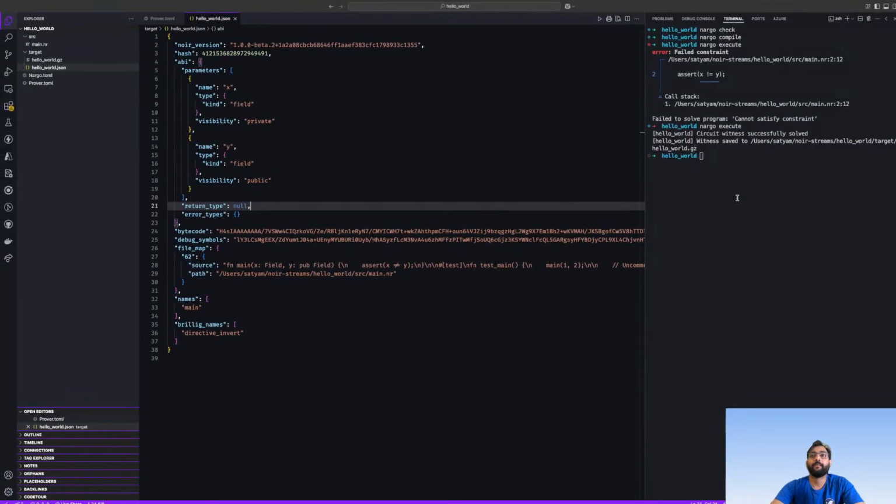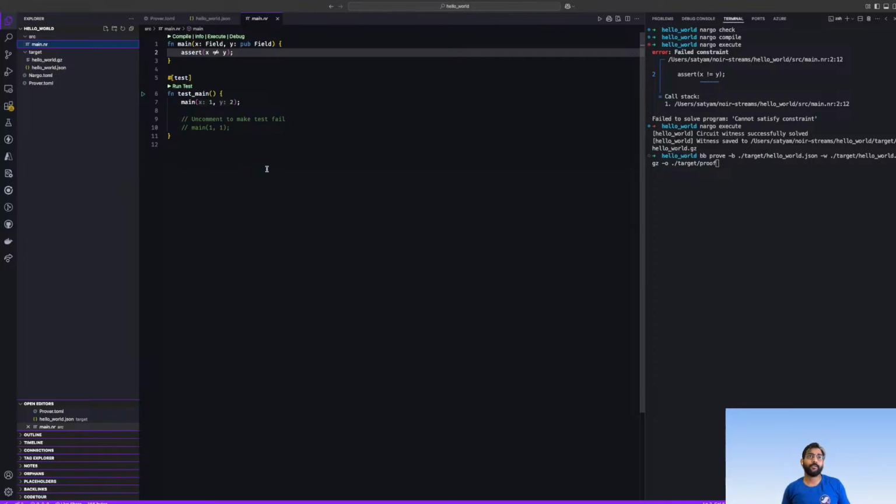Let's take this circuit, bb prove. Now this might be a bit confusing for people who are not familiar with ZK at all. What we are essentially doing here is taking this program and generating a sort of blueprint, or circuit.